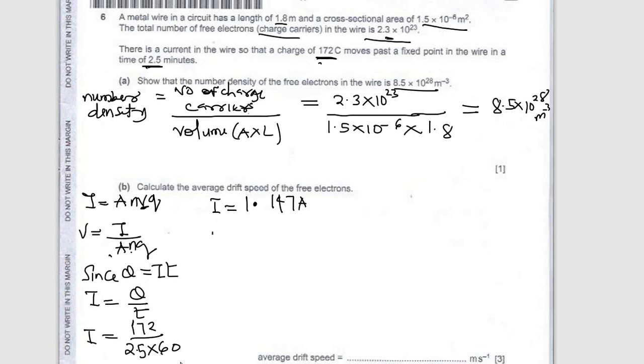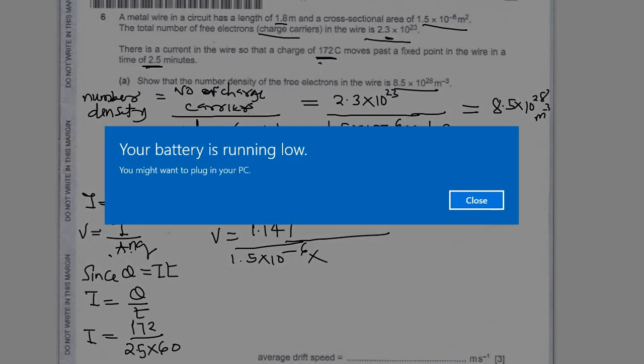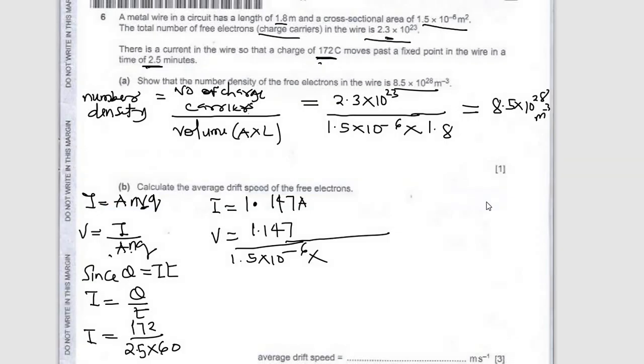To substitute the current in the equation to calculate v, that'll be 1.147 over the area, 1.5 times 10 to the power minus 6, n is 8.5 times 10 to the power 28, multiplied by q, the charge on an electron, 1.6 times 10 to the power minus 19. So v will be